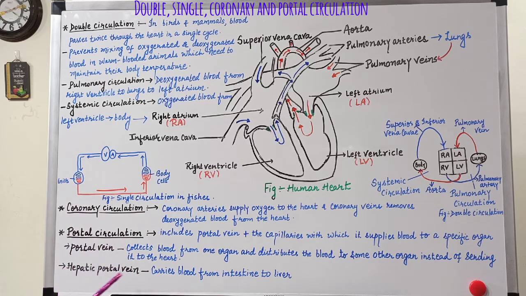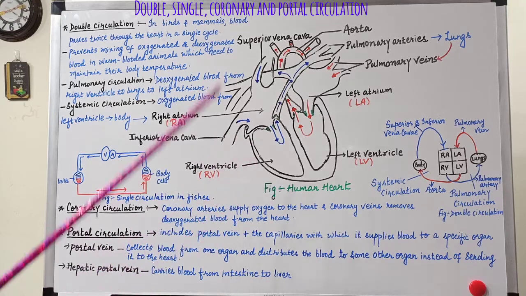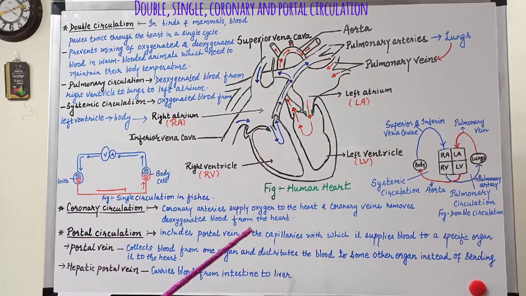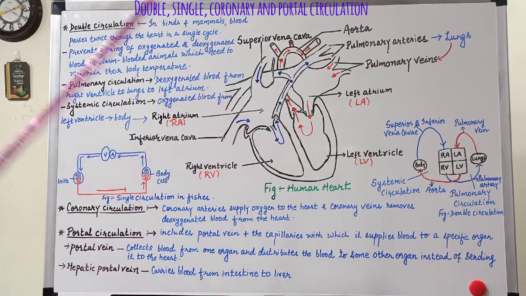So, what happens? You have already learnt about small intestine and the digestive tract. In the digestive tract and small intestine, the nutrients are absorbed from the food. This nutrient rich blood also contains some toxins, and these toxins need to be modified. Even the blood may be very high in glucose when it is coming from the small intestine. That's why the blood which is coming from the small intestine is first taken to the liver. In the liver, different substances are modified before it is being transported to the general circulation of the body.